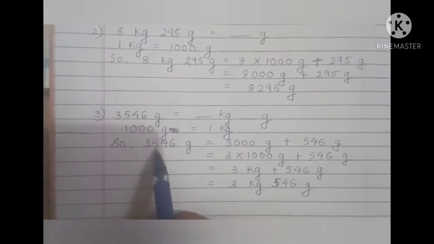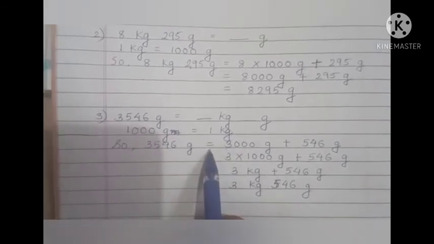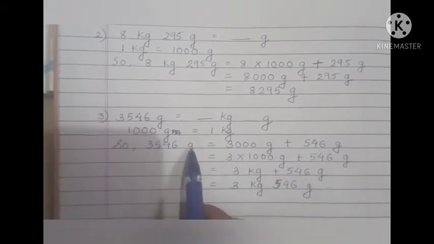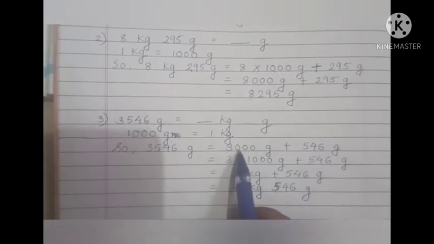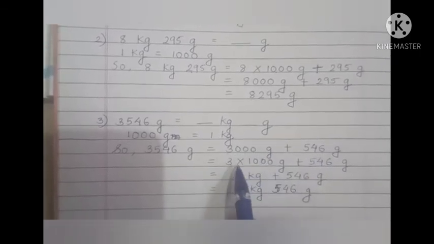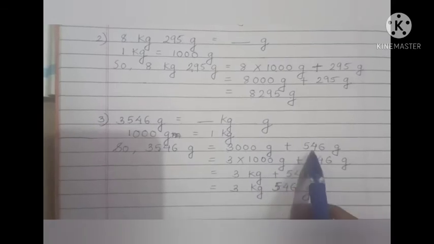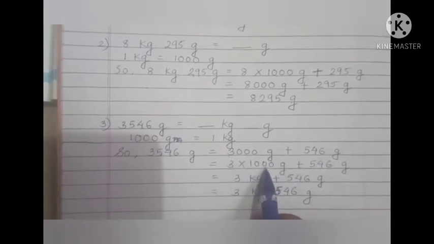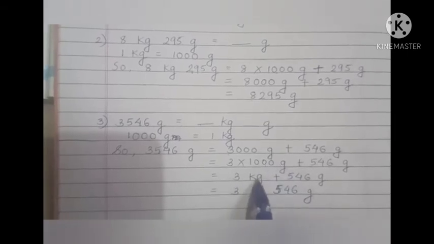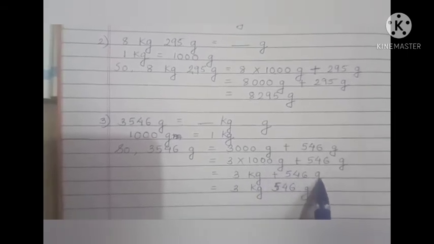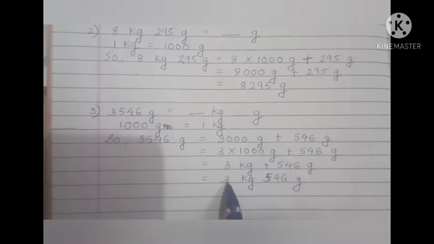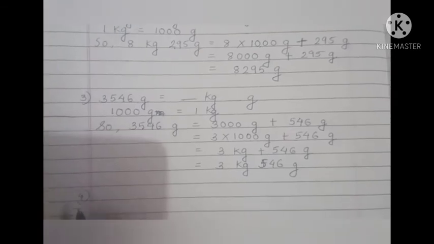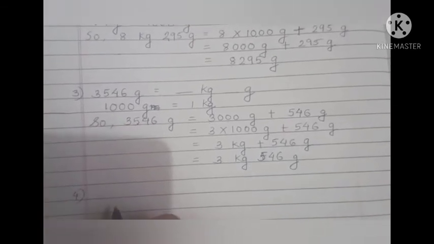So we write 3546 gram is equal to this 3000 gram plus the remaining 546 grams. So 3000 grams means 3 into 1000 gram plus 546 gram as it is written downwards. So 3 into 1000 gram means 3 kg plus 546 grams. And we finally write it as 3 kg 546 gram. Similarly students, we will solve one more. We will take the F1,